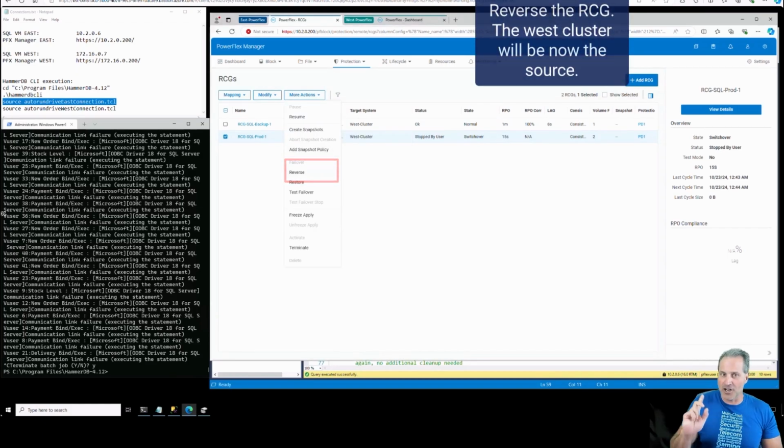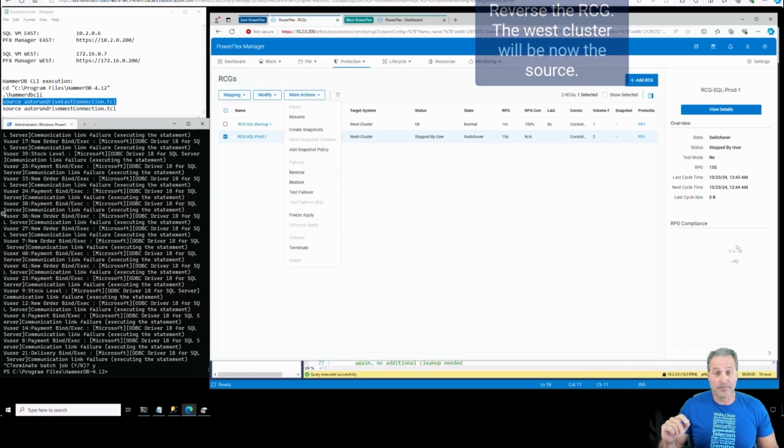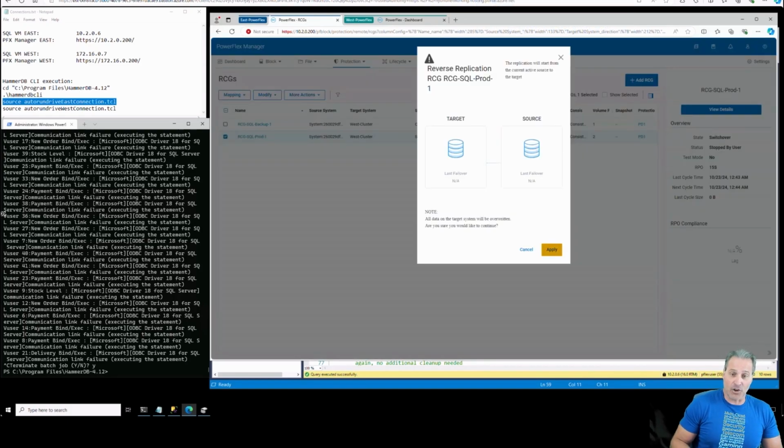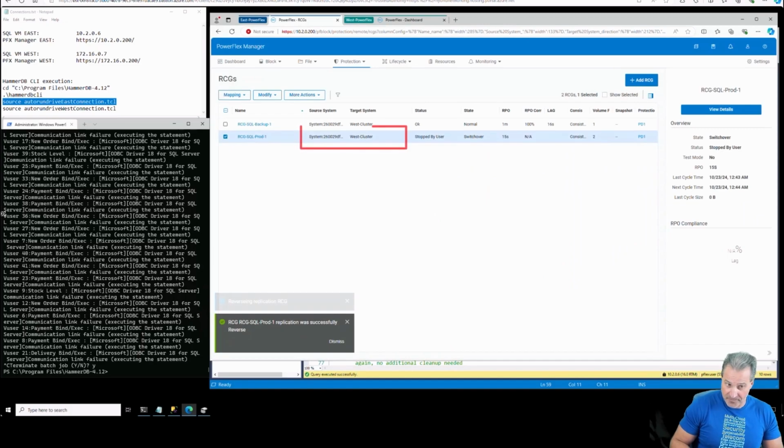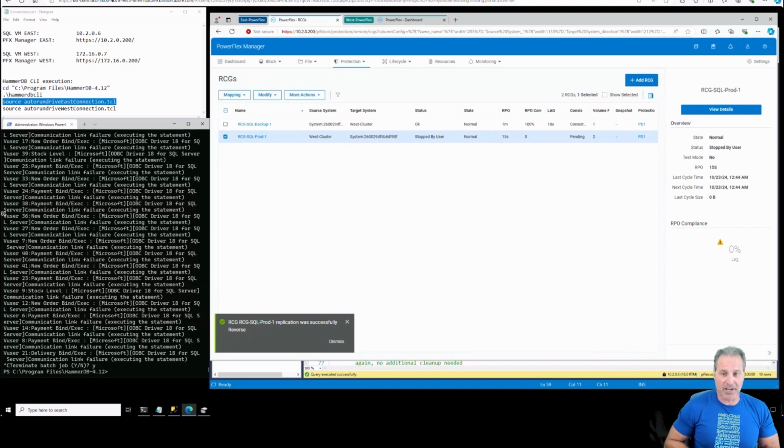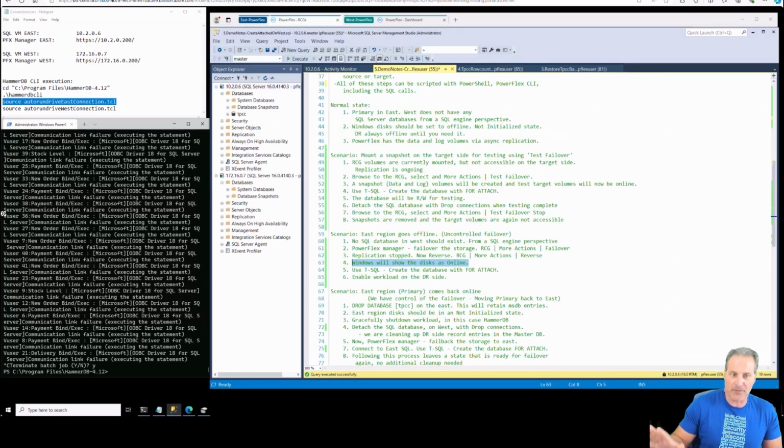And now what we do here, which is key, first we fail over, now we reverse. What does that mean? The West cluster is now going to be the source for our replication. So I'll reverse the replication. And now you'll see there that flips. The source system now says West, and the target system is the East, but it may be offline for a while. That's fine. We'll journal the replication until we can push it back forward again, or we'll have to reseed depending how long we've had our outage. That's perfectly fine.